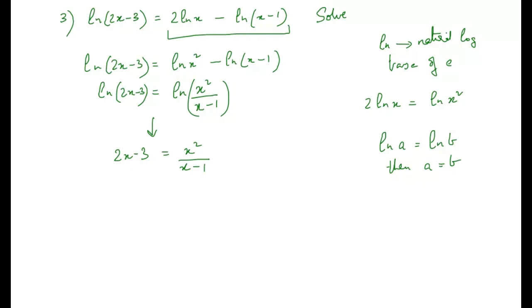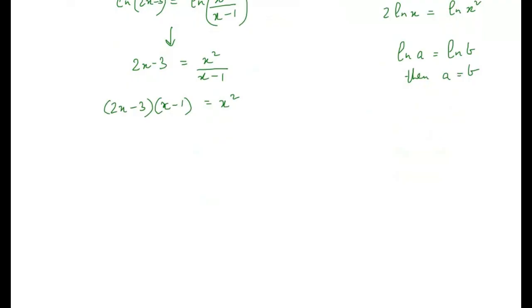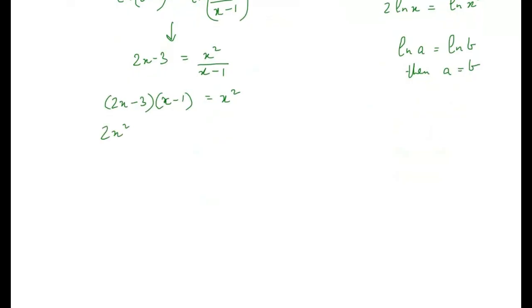Now I'm just going to simplify it by cross multiplication. So I have 2x minus 3 into x minus 1 is equal to x squared. Expanding that, 2x squared minus 2x minus 3x plus 3 is equal to x squared. Simplifying that, gathering like terms, I get x squared minus 5x plus 3 is equal to 0, which is my quadratic. Putting the values in,